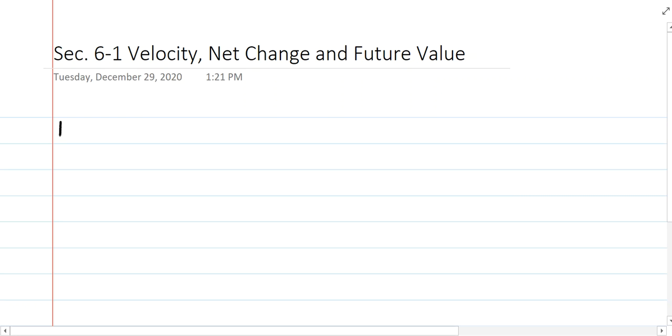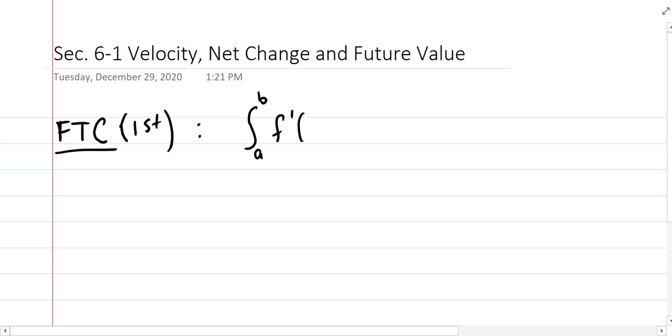the fundamental theorem of calculus. If you remember the fundamental theorem of calculus, this is the first one, not the second. And the fundamental theorem of calculus, the first one, if we integrated from some a value to some b value of the derivative of a function, so we'll call our function f, and our derivative is f prime of x, dt, that gives us f of b minus f of a,